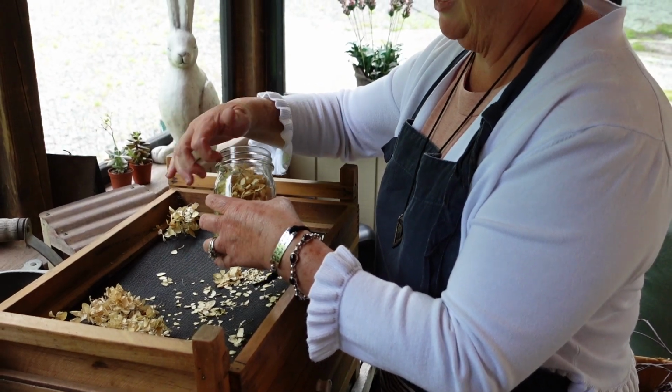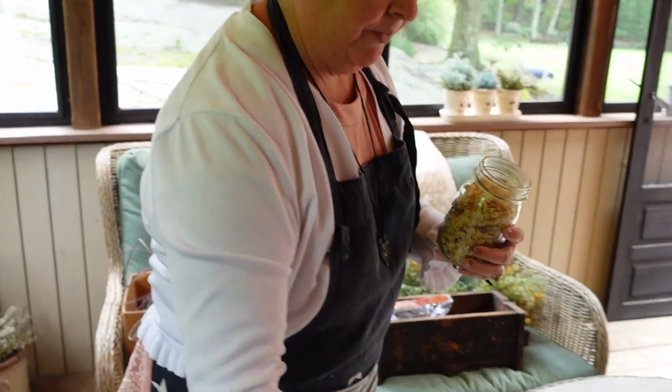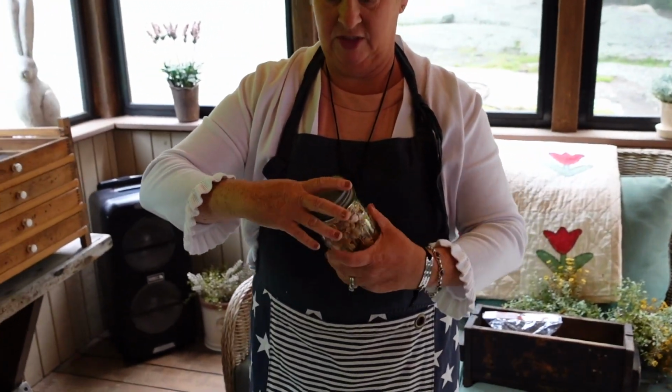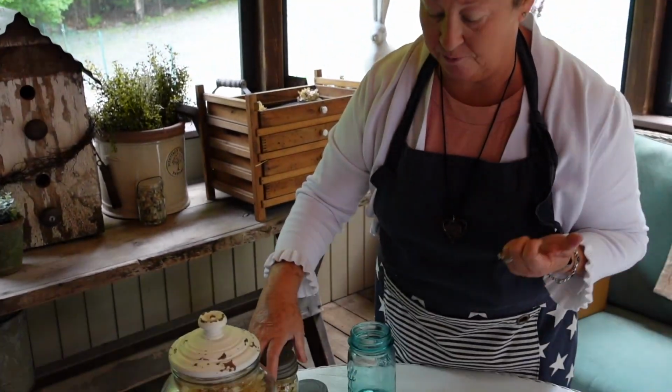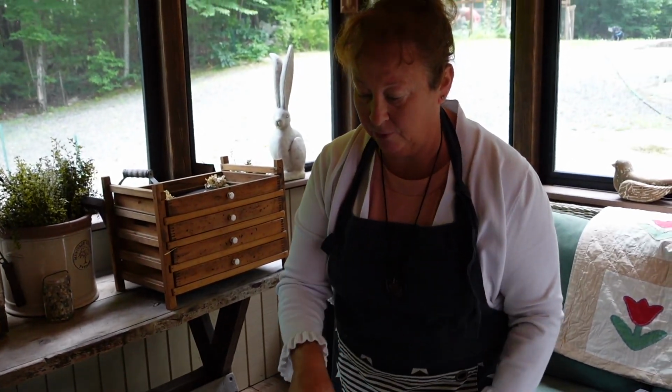I keep these in my bathroom. Love them in the bathroom. And I keep them year round. And I'm in love with mason jars lately. Whether it's for seeds, obviously plants. I've put coffee beans in them. You can just dress them up. It's a simple way